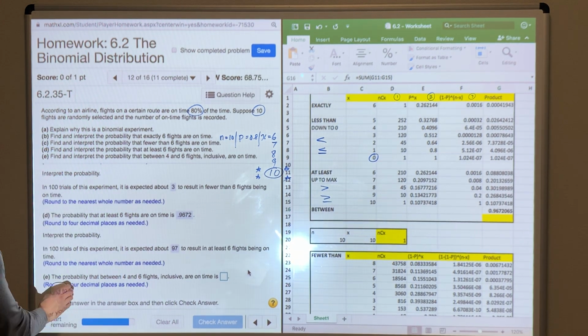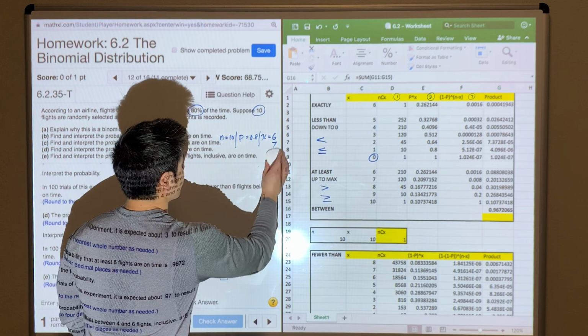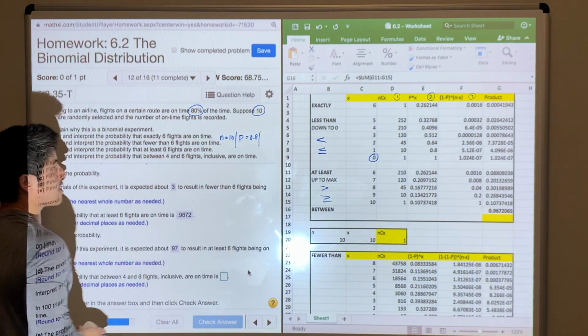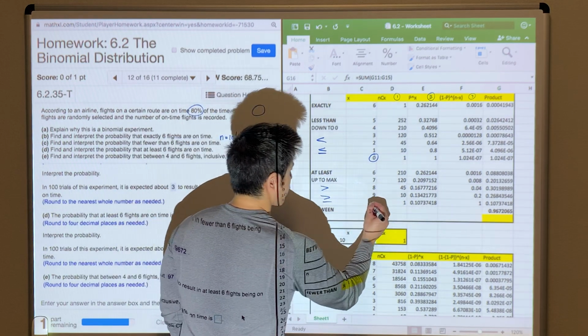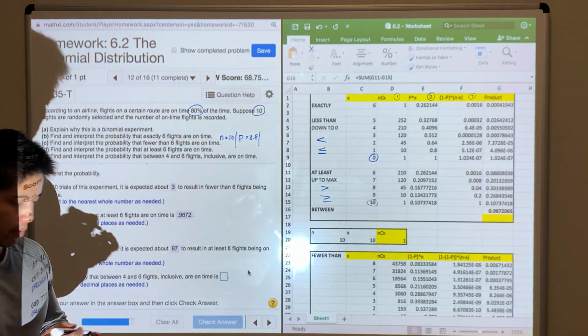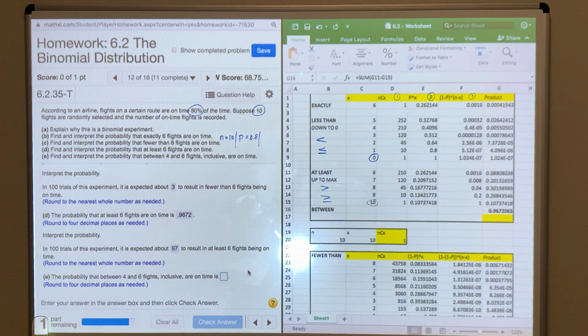Like I said, this is a very, very long problem. But the main reason why it is long is because there's so much explanation on the details of it. I do want to note, remember the 10, just like we remember the 0, I grabbed the black marker. Okay, so here's the last part of this problem: the probability that between 4 and 6,